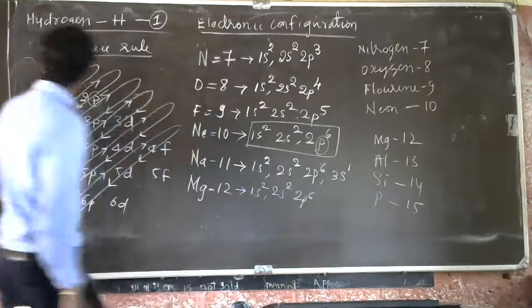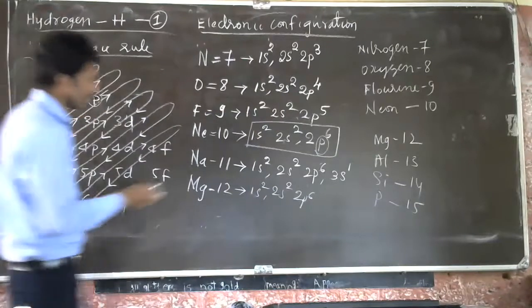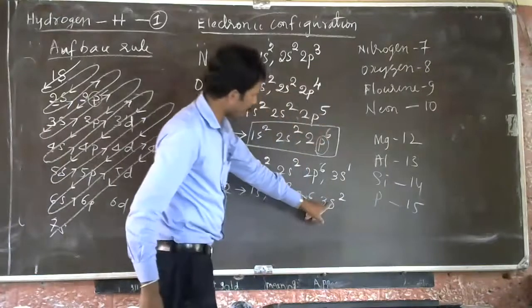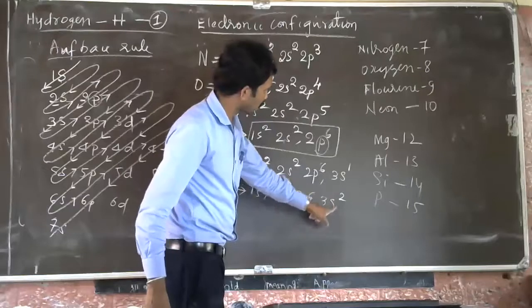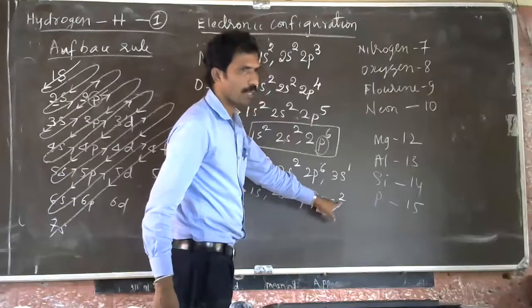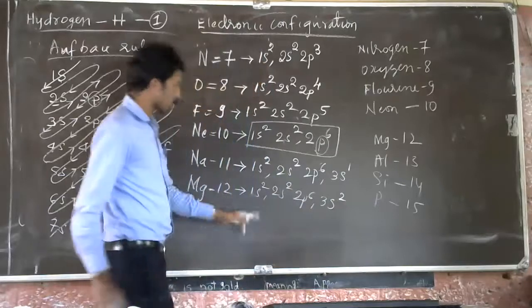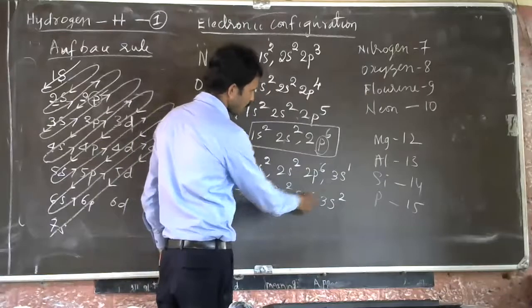So 2 electrons in 1s and 8 electrons in 2s and 2p, in 2s2 and 2p6. Then 3s2, sorry, 3s 2 electrons. Now see, the S subshell is occupied, so in the S subshell 2 electrons are occupied. I have written 2 over here. That means the electronic configuration of magnesium is completed now. 2 plus 2 is 4, plus 6 is 10, 10 plus 2 is 12.